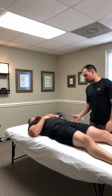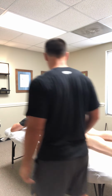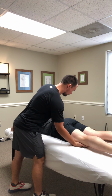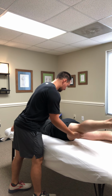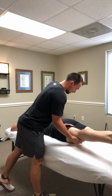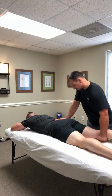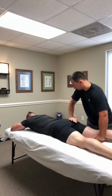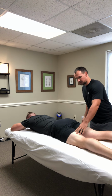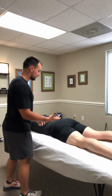We're also going to take another look here, have Josh flip over, lay on his stomach. We're going to check hip extension here, which is moving that hip back. So we're going to go straight leg first, and then we'll check with the bent knee, but it's not too bad. Stabilize a couple points here. Check the other side. So his left leg here is a little bit stiffer into extension,